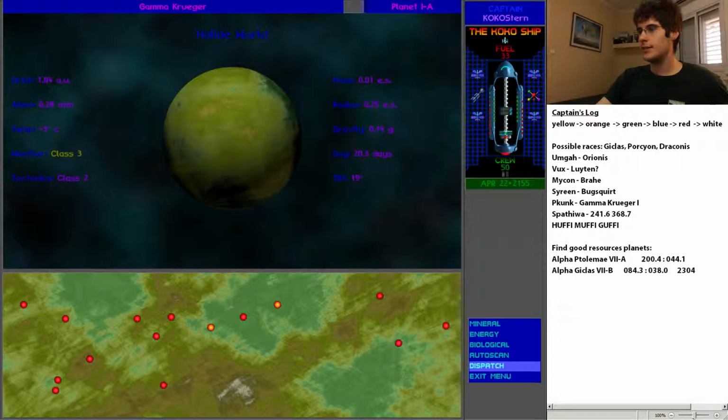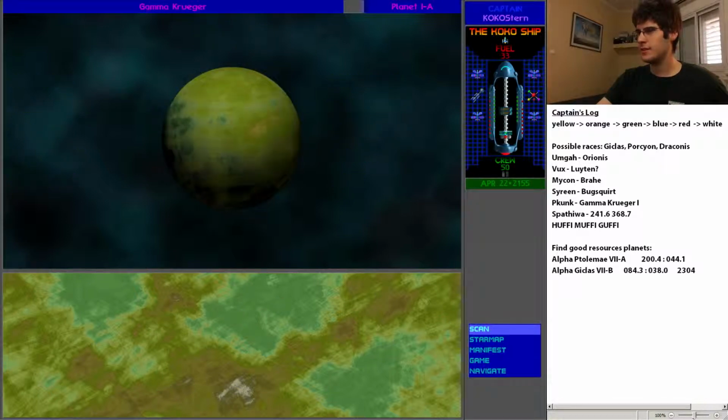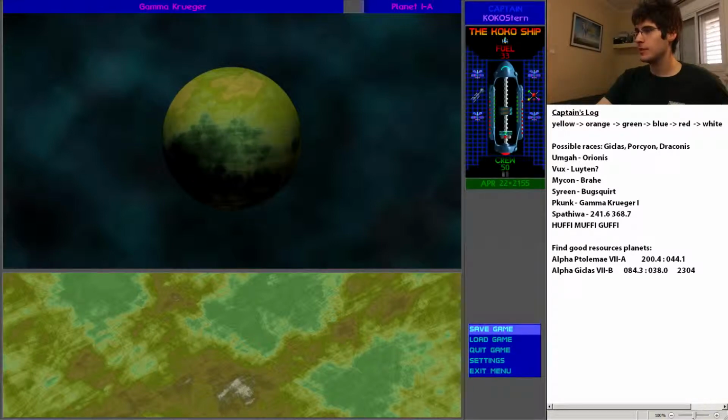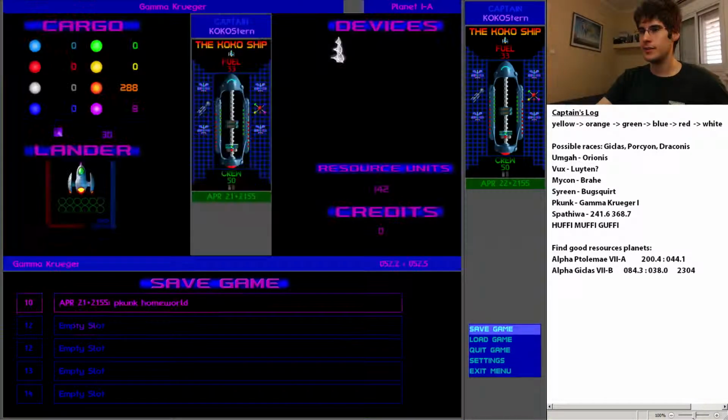So, this is nice. Let's just do this one. Red is decent, right? Red is decent and it's better than orange. No, orange is way better. Okay, red is crap, orange is good. I was mistaken. Severely mistaken. But this does have tectonics, so